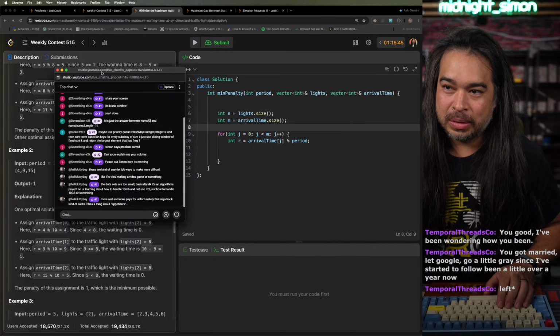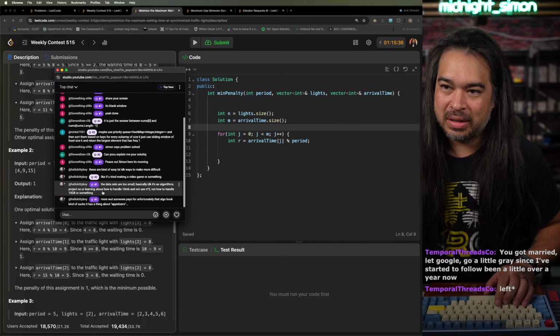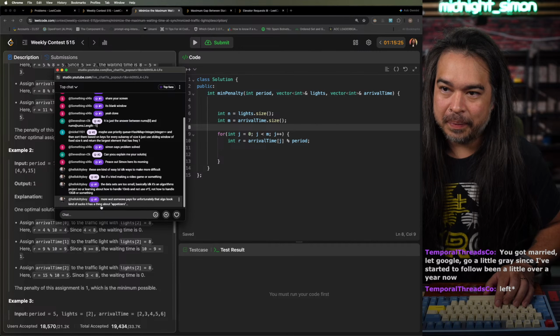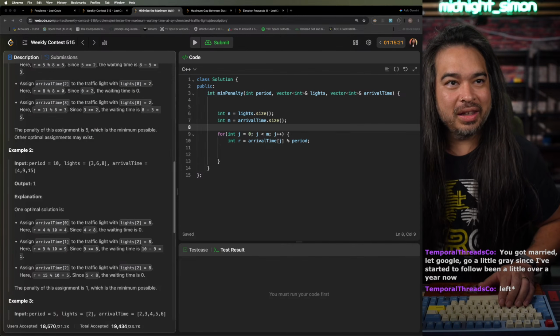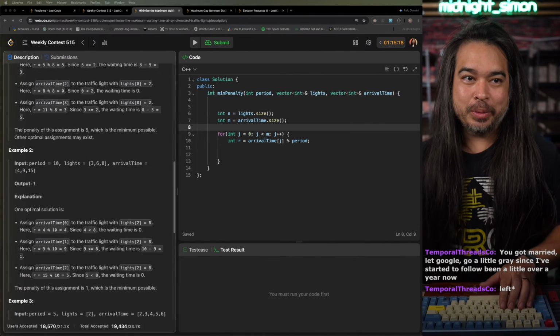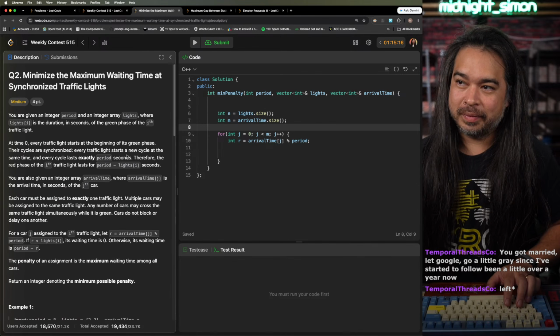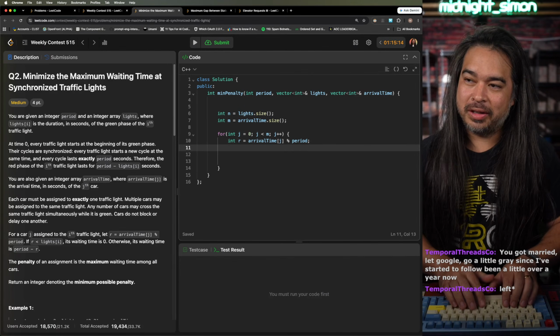The data sets are too small, basically. I don't know, it's an algorithms project, so you're learning how to handle 10 megabytes and not use n squared, not how to handle 10 gigs or something. More what someone pays for. Unfortunately, that algo book kind of sucks. What algo book are you talking about, man? That's the thing about appetizers. What algo book sucks? Anyways,